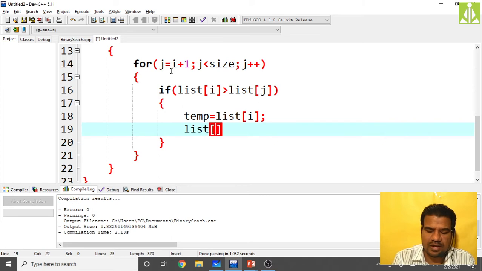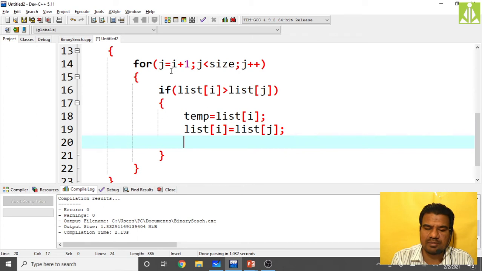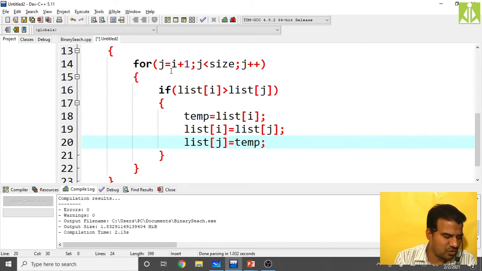Then list of i equals list of j. Simply a normal swapping operation. Swapping two numbers, many times we discussed, using a temporary variable. Then list of j equals temp. Only this much code you have to write.